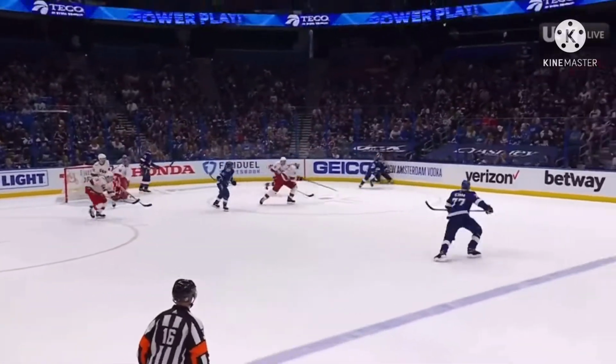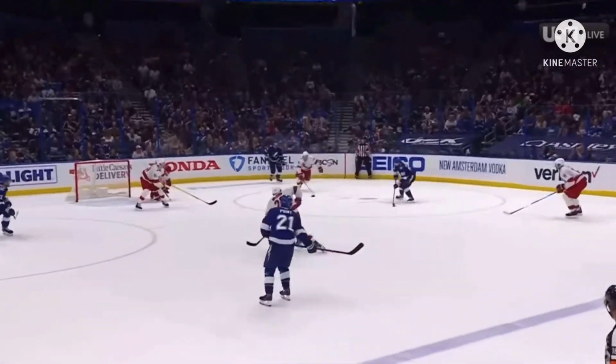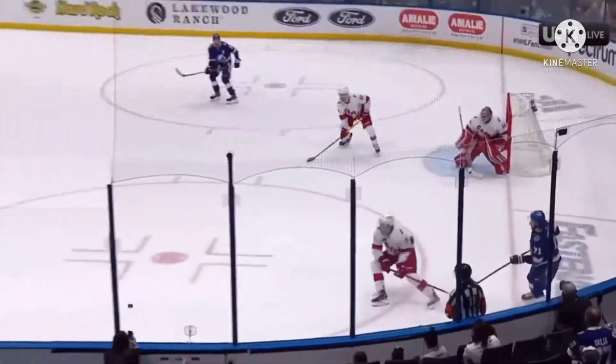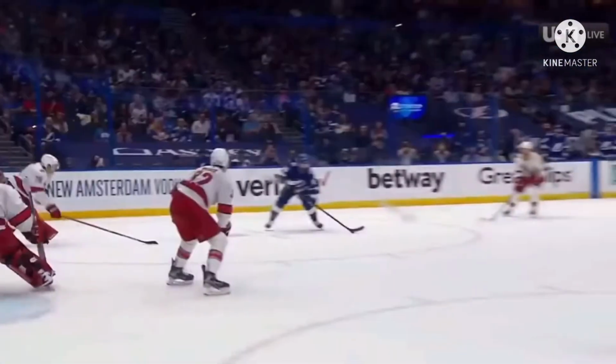Power play goal in Game 3, and it started with a keep-in from Victor Hedman. This one does as well. Stahl goes down. Hedman's got the longer stick, takes advantage. I think everyone in the building thought Kucherov was going to shoot that puck. Eyes up and over to Steven Stamkos, who's able to corral it. You could see he thought about a one-timer. Instead, he takes it up and over. Beautiful play. And now